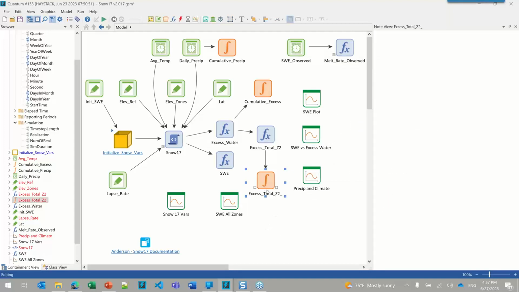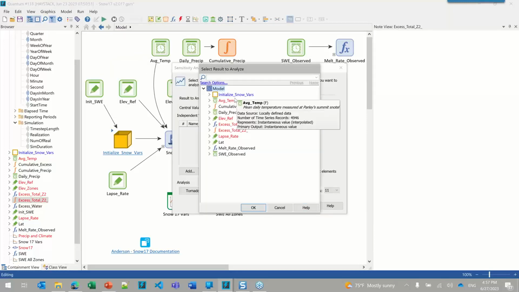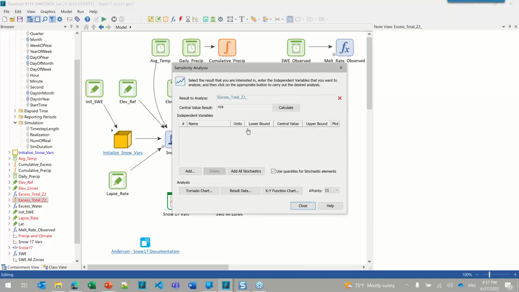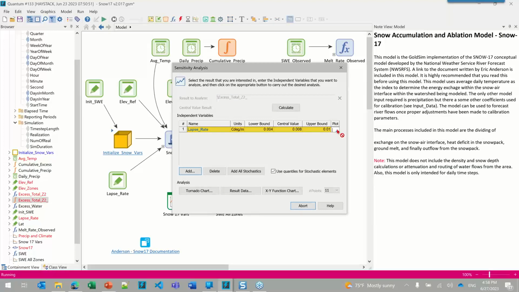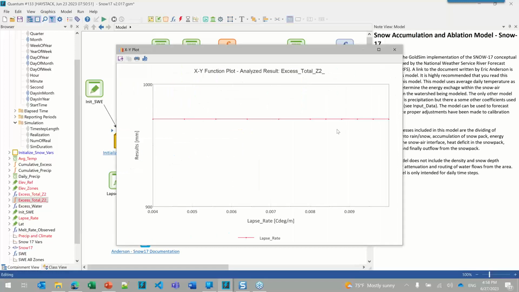Okay, so we can see the impact on this total by changing the lapse rate now. So now I go over here, and I'm sorry this took so long, we're out of time, but that's okay. Here's the total excess from zone 2, and then I want to add the lapse rate here, and I'll have it range from 0.04 all the way up to, let's say, 0.01, something like that. And then you can hit this plot button over here, and what it will do is